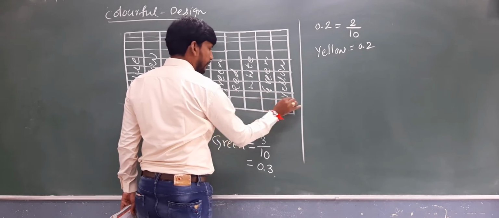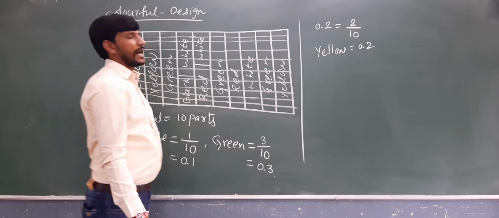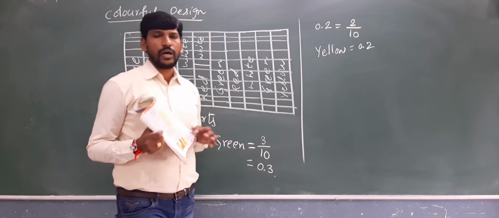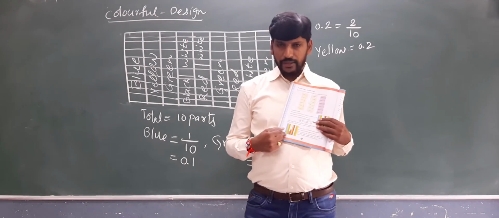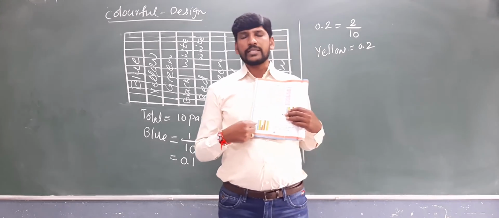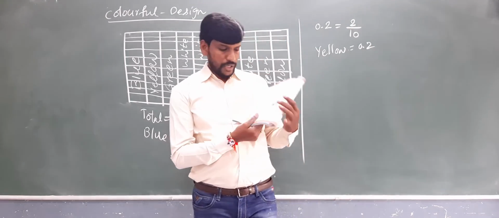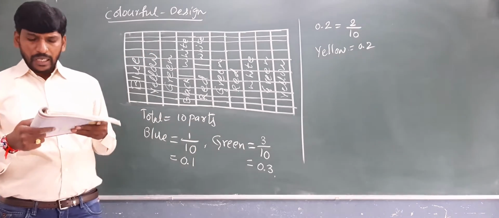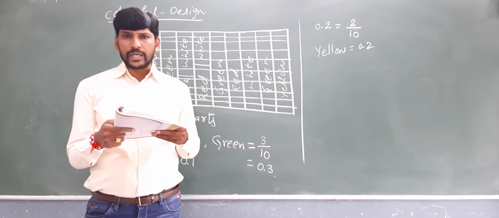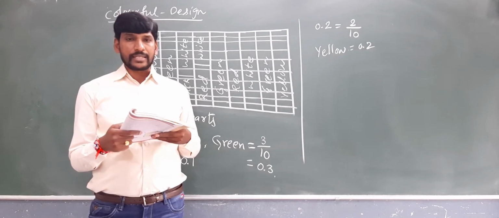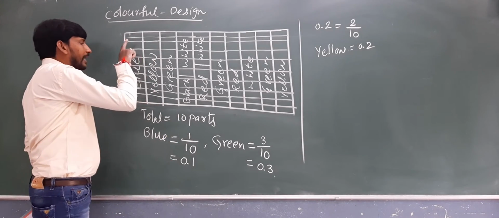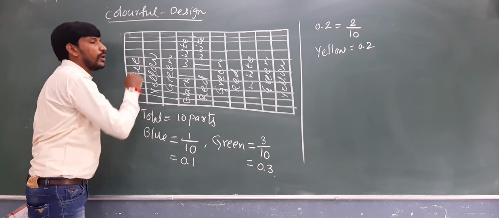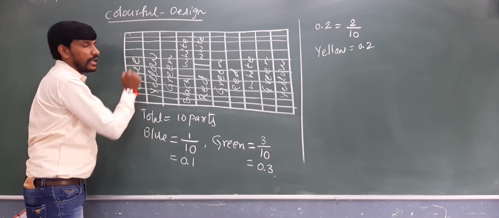How many parts? Each and every line is divided into 100 parts. See this here. One more box is there, this is the one below. Please observe the one below. Now look at the second sheet. Each strip is divided into 10 equal boxes, each strip divided into 10 equal parts here.